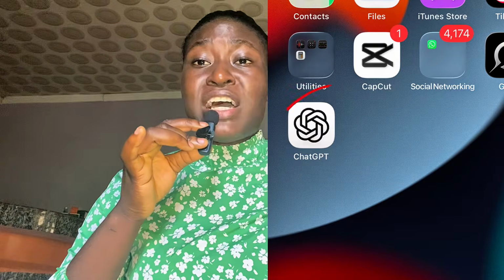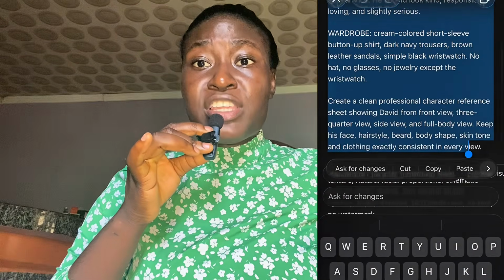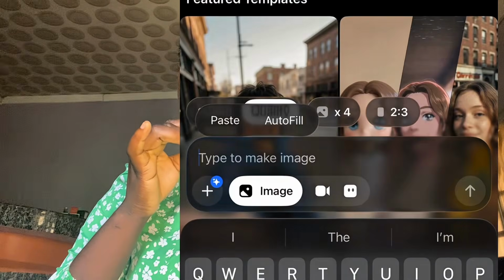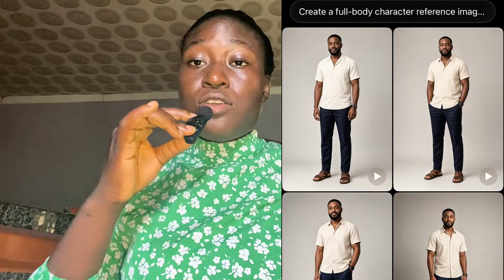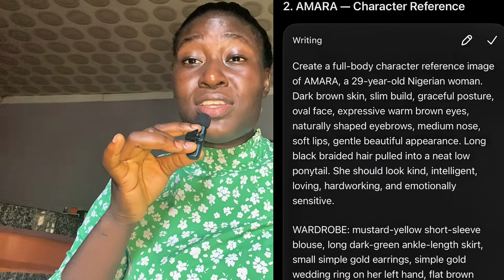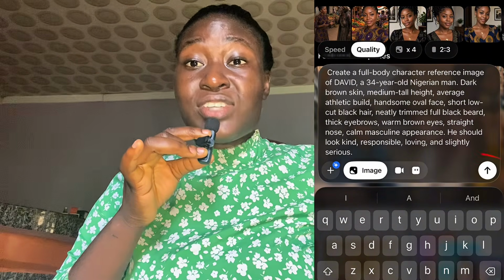We will go back to ChatGPT and copy the image prompt that ChatGPT has already generated for us. You paste it in your image generator and click generate, and you can see, boom, Grok has generated our image for us. Grok generated 4 images, so you pick the one you prefer, and this is the one that I prefer. Head back to ChatGPT and copy the image prompt of the next person and paste it in your image generator and click generate, and Grok will generate the next image for us.